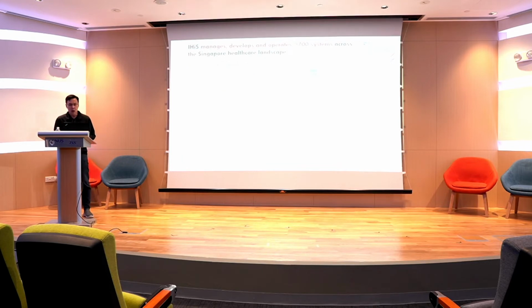All right, so as I mentioned before, we manage, operate, and develop more than 700 systems. So you may ask me what kind of systems we have. This slide provides a brief overview of the various systems that we have been supporting so far for the Singapore healthcare landscape. You can see here, from the top left corner, we have health analytics. This is where we have systems like Brain and EDW that provide the analytics platform for our users,